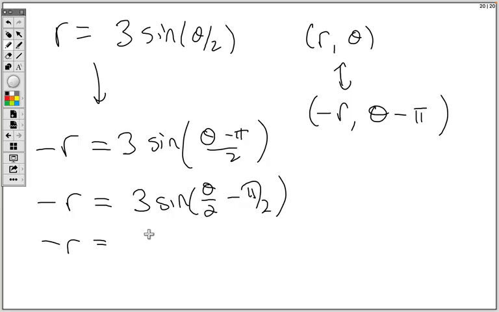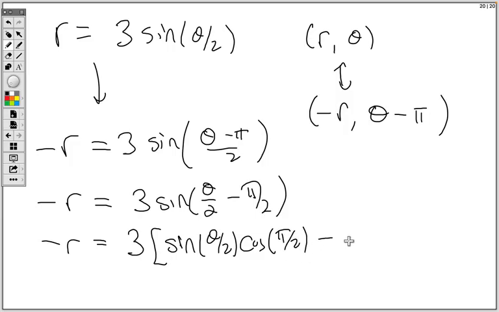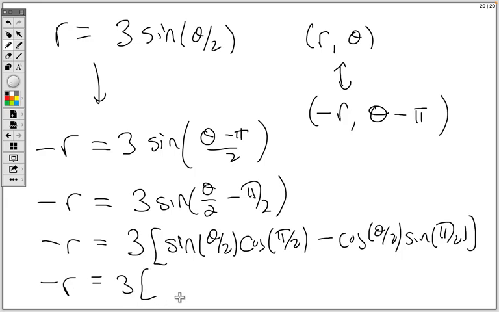If not, we can just hit this with the sum and difference formula. Sine of theta over 2 cosine of pi over 2 minus cosine of theta over 2 sine of pi over 2. So minus r equals 3 times